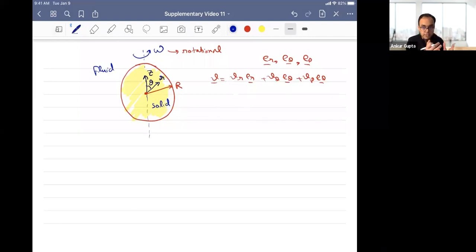Because of these conditions, you can reason out that v_r is equal to 0 and v_theta is equal to 0. Okay? As well as p is equal to constant, or you can simply say pressure is 0. So this is the premise of the problem, that you can assume them to be 0. Now you may say, why do we assume them to be 0? The simplest answer is that if you assume them to be 0, you can satisfy the equation.